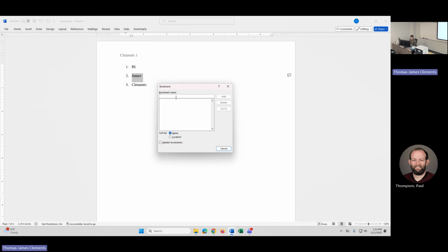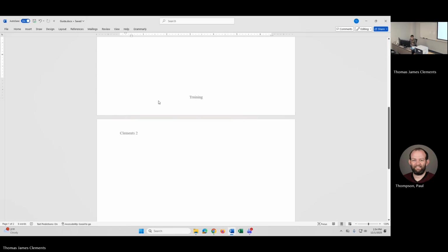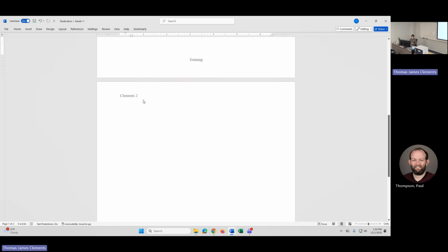So I'm going to name it, oh wait, actually, I messed up. Okay. So bookmarks are very useful because they link to stuff. I just got ahead of myself, which was my mistake. So I'm actually gonna go to the second page to demonstrate this. I'm gonna call this bookmark just for, and then